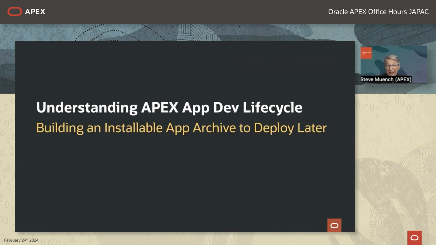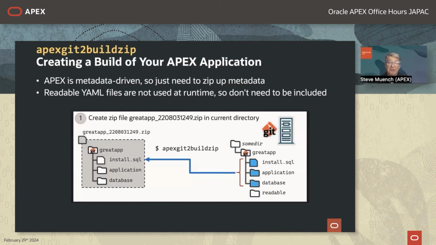So let's talk about later in the life cycle. You've made a bunch of changes. You now want to make an installable archive to remember a particular snapshot that you think is a release that you would like to be tested by your QA team or maybe installed in a production environment. So this is the simplest part of the lifecycle. Since Apex is just those files of metadata, remember that the YAML files do not get used at the moment for installing the application, so that archive only needs to contain the .SQL files that are part of the export